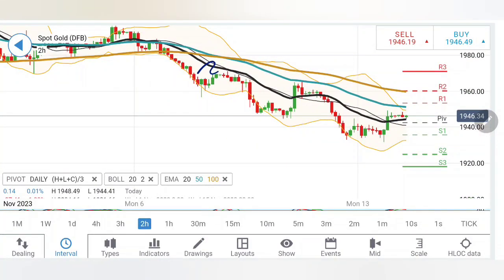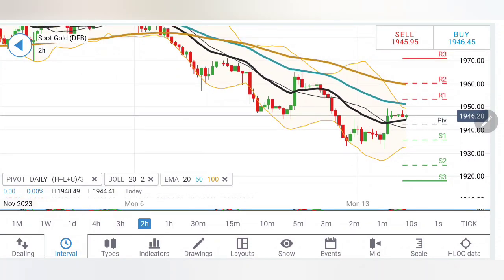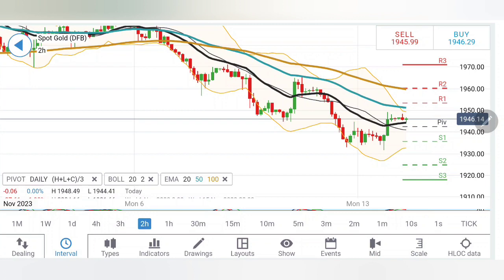Now, so far on the 2-hour chart, see moving averages are trading with divergence. They have crossed over here and since then traded bearish. If you look at the price, it always tries to move towards the 50 period and since then bearish. Couple of bounce backs here, and this time again it is just consolidating between the 20 and 50 period moving average. The 50 period moving average is sitting at around 1952 levels here.